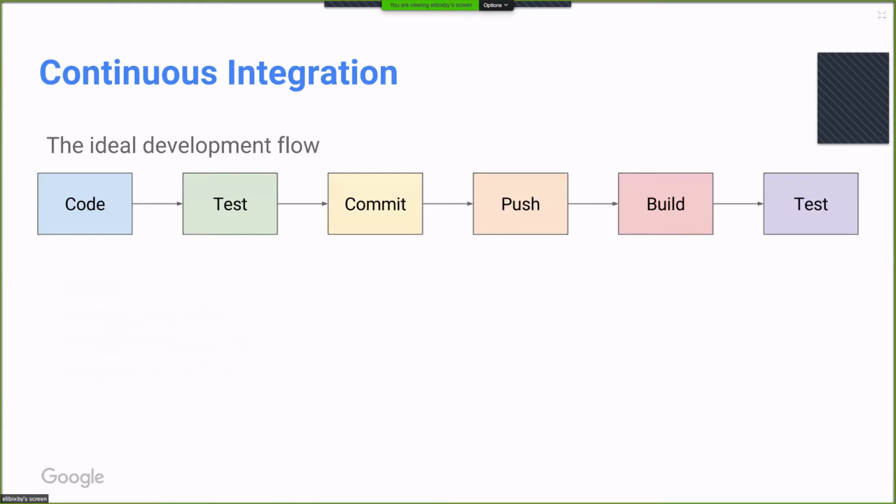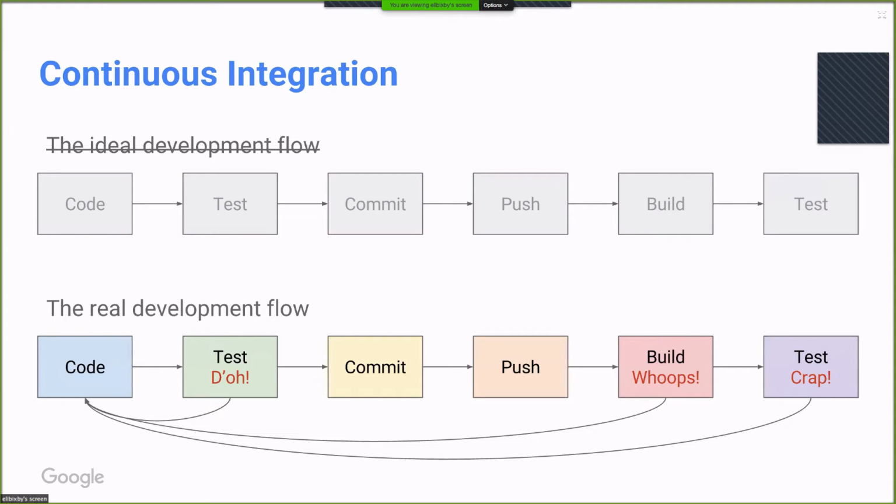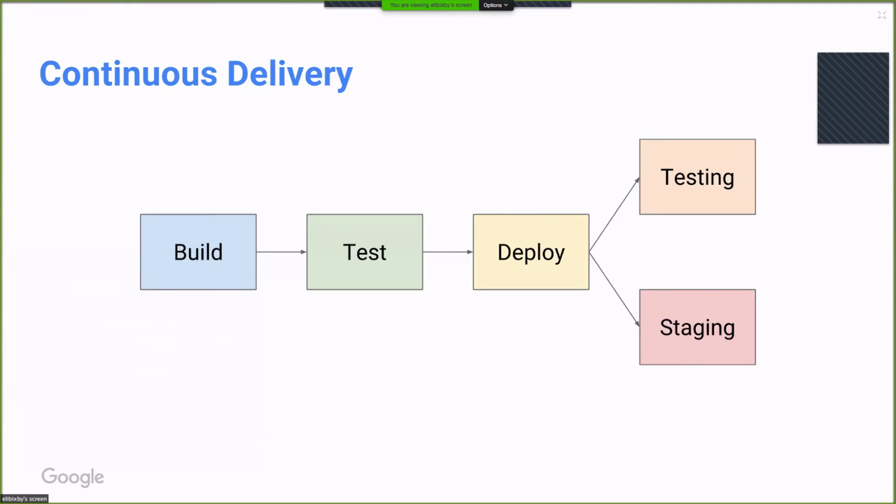So first, sort of make sure we get our terms. What is continuous integration? This is a DevOps crowd, so I'm hoping most of you know what this is. But it's sort of this idea of a development flow where you code and you test and you commit and you push and you build in this nice linear thing and you never make mistakes because you're a perfect developer, but we all know it's really more like this. We make mistakes, we cycle back to the coding part, but you know, it improves things. And in case you still need to be convinced, well, I'll get to that later.